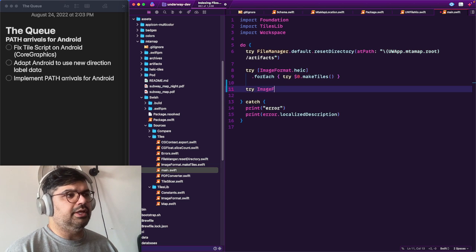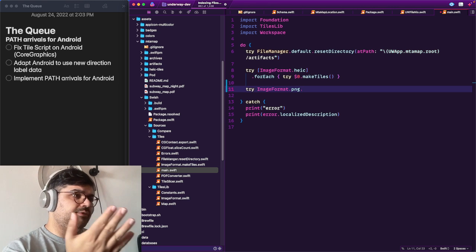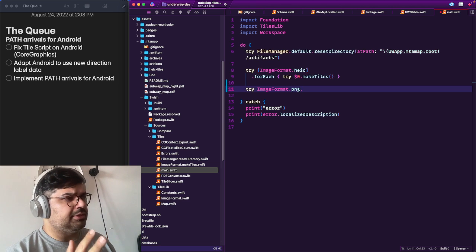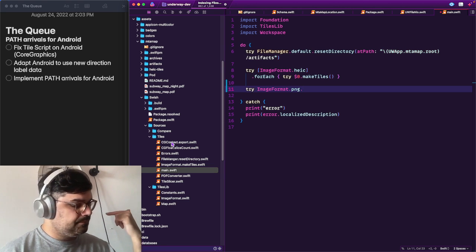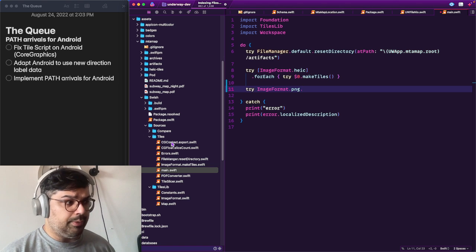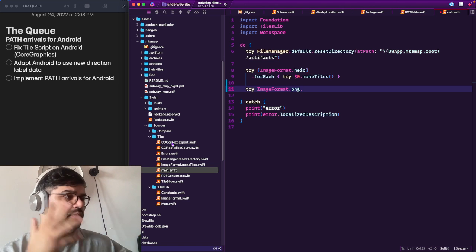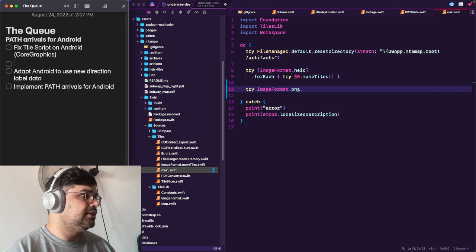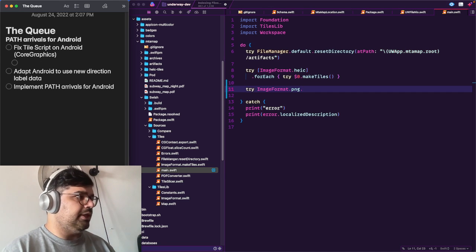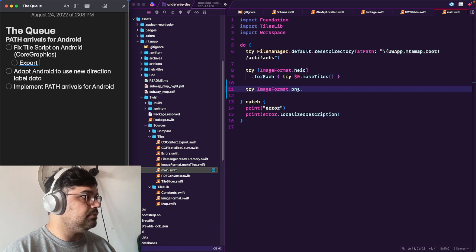Maybe we'll say something like image format.png. And instead of calling make tiles, we don't want to cut up all the tiles using our script. Because we're using CG context, we can't save as WebP, unfortunately. We need to export as PDF, export the PDF to PNG. I guess we can notate that. For PDF as PNG,